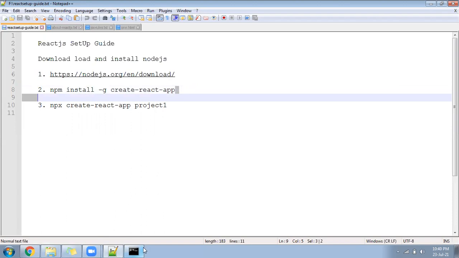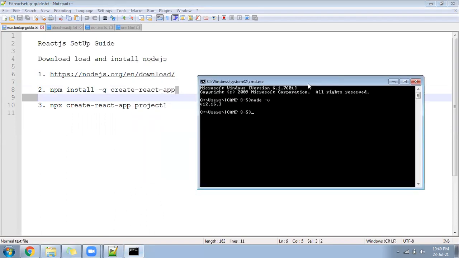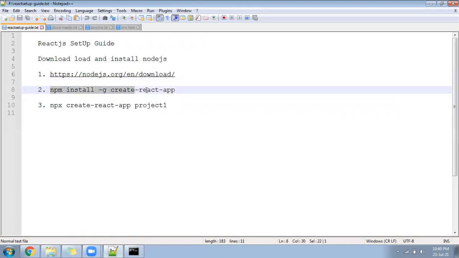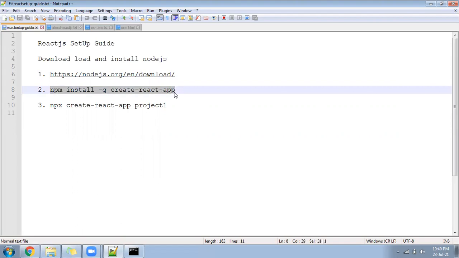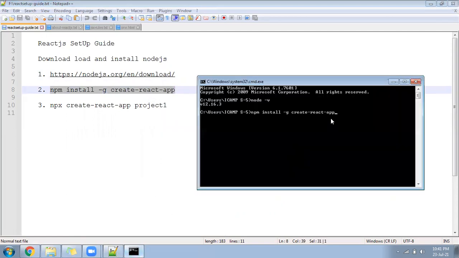Okay. So maybe you can go to your CMD and after installation of Node.js, you can run this command, npm install -g. This one you can run here like this. I have already installed it in my computer, so I may not repeat it. So I'm guiding you, you can run this command. Okay, this one. Next, once this command is successfully done, let me do it for you. Okay, so this one I'll run again. So what will happen in my system? Suppose create-react-app is already installed. It will update for me. Okay, so there is no problem. It will update with the new version. That is also fine.